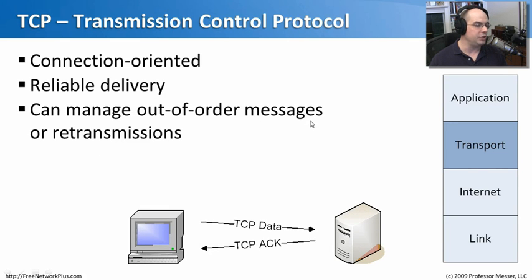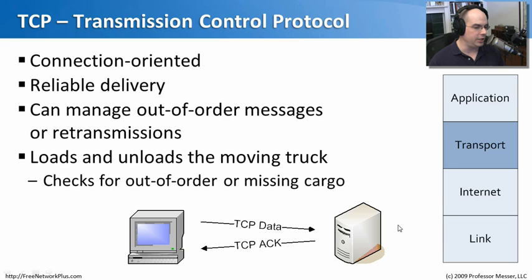It also can manage out-of-order messages or retransmissions. And it does that by sending data to the other device, and that device sends back an acknowledgement saying, "Thanks for sending the data. I'm just letting you know I received it properly." And if those packets happen to come in out of order, or I'm missing a packet in between, it can send a message to the other side saying, "I missed a packet, can you please send that?" And then when it receives that packet, it can put everything back in the right order and then process it